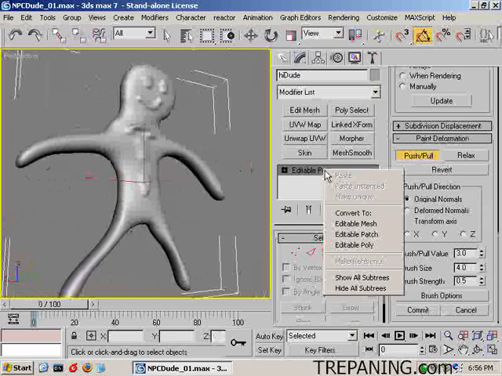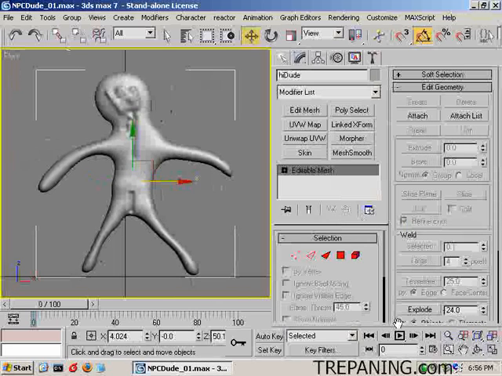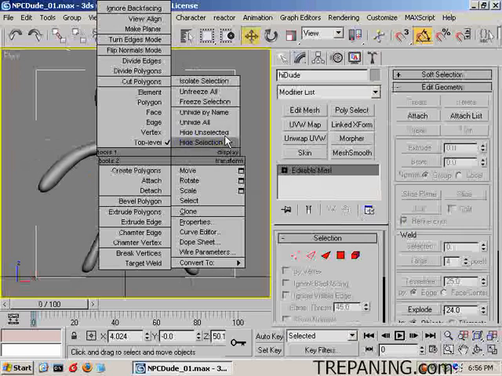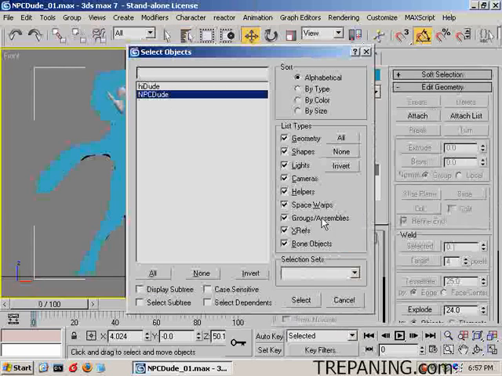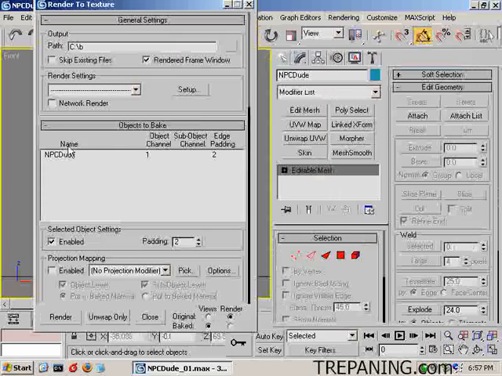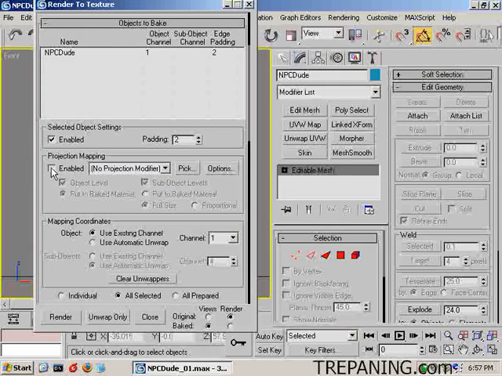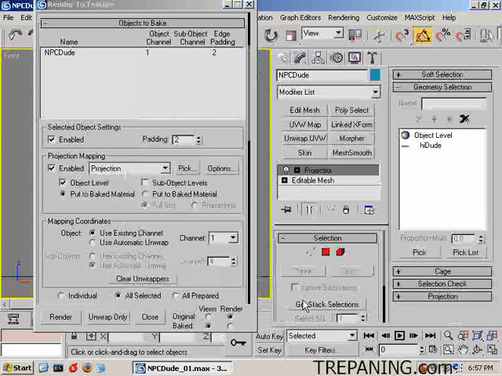Okay, so we'll now convert that to an editable mesh, and go back to front view. And now what we're going to do is unhide all, and this low poly one here, we select it by going there, select, or just letter H would also bring up that box, and render to texture. Render to texture, and it'll have the NPC dude info already put in there. Come down here, enabled, turn off that, pick, we're going to pick hi dude, add, and that's putting it as